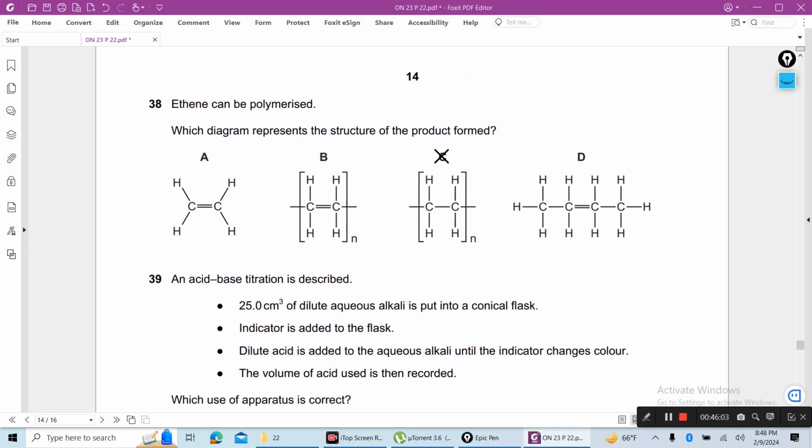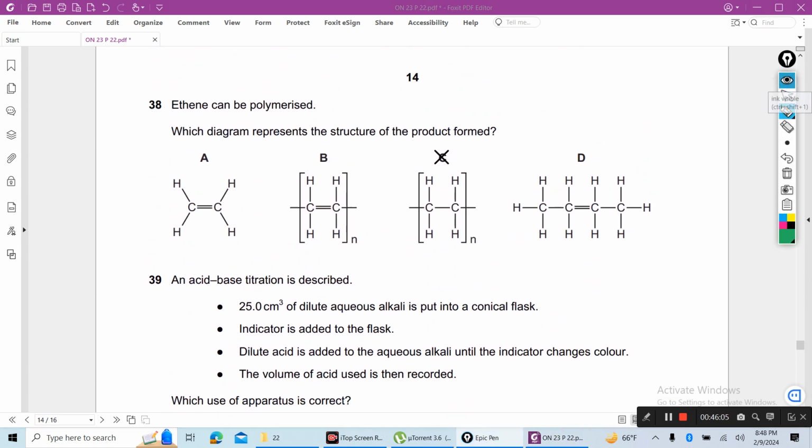Next, ethene can be polymerized. Which diagram represents the structure of this product? Ethene to polyethene. This is the ethene,